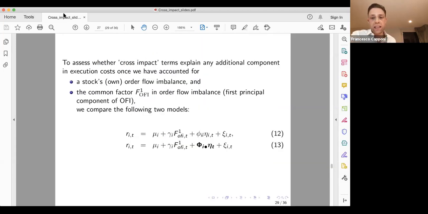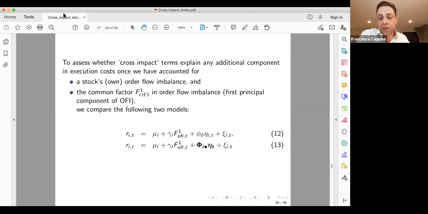So in order to assess whether these components are, again, statistically significant and economically significant, I mean, we've already seen that they're very, very small. So it could be ended there. But anyway, we more formally test